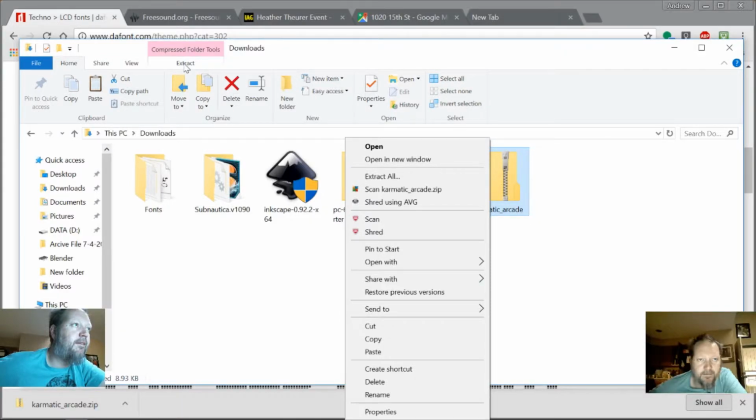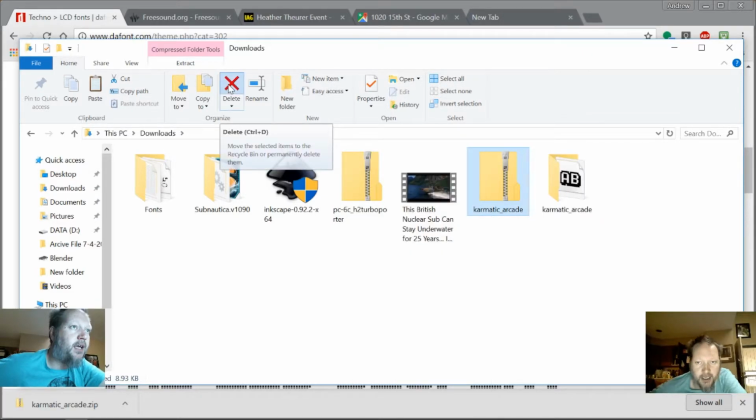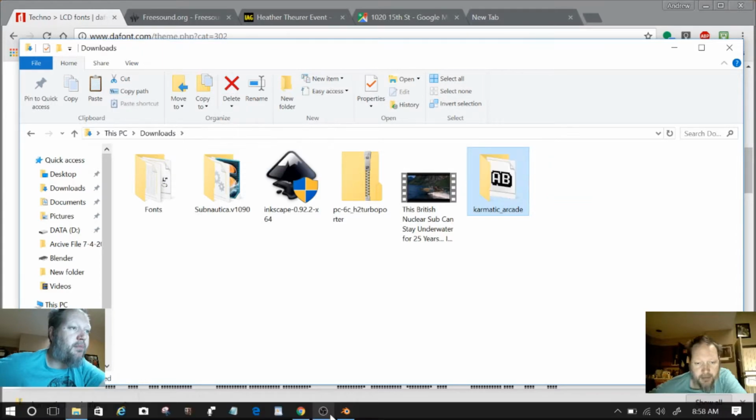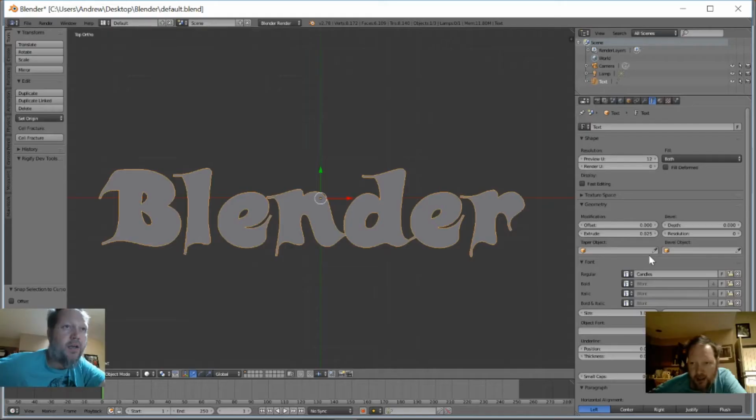I'm just going to extract it right to my download folder. And while I already have that one highlighted, I'm going to delete it. And with this, it's already good to go. So now we're going to go back into Blender, and from here